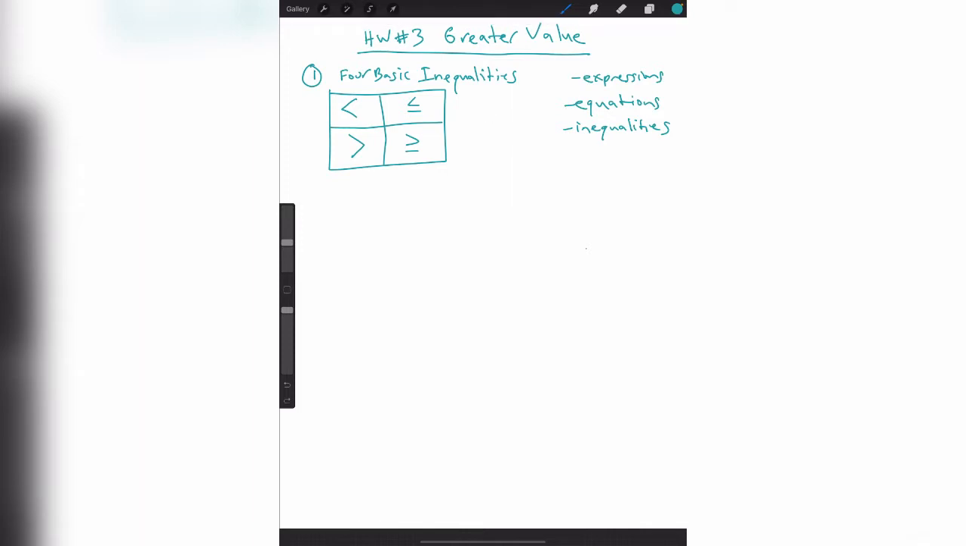So the first question, it says, write the inequality that represents the sentence. So number 1 says the sum of a number, so it's going to be a variable. We're going to create a variable to represent that number. So the sum of a number, I'm going to use x, and 5. So sum is addition. So the sum of a number and 5 is less than